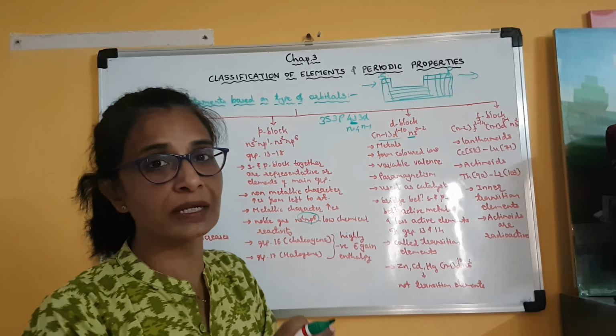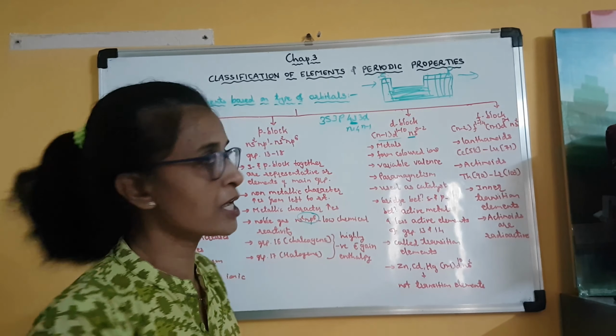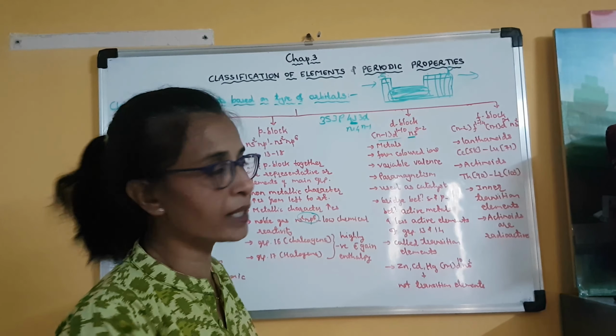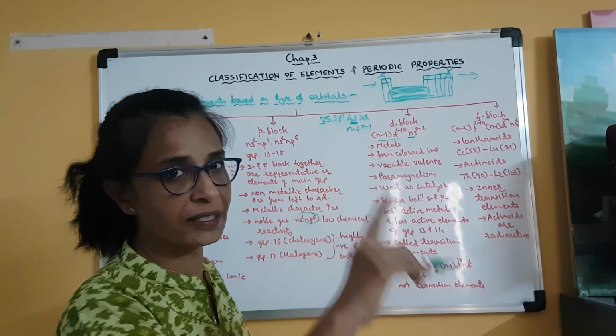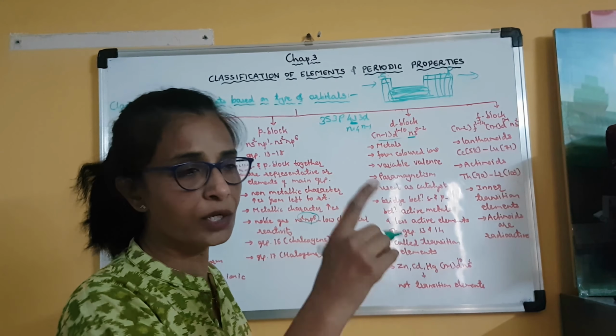So between metals and non-metals there is a bridging group. Clear? These bridging elements are called D block elements. In all the elements present in the middle of the periodic table, the last electron is present in a d orbital, whether it is 3d or 4d or 5d. Clear? Okay. So they all form colored ions.